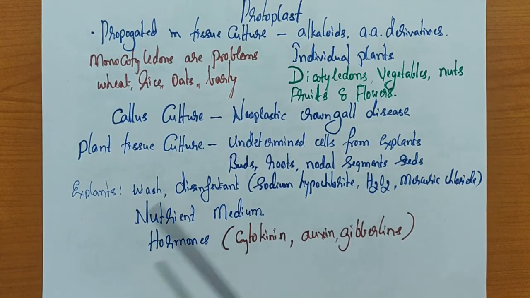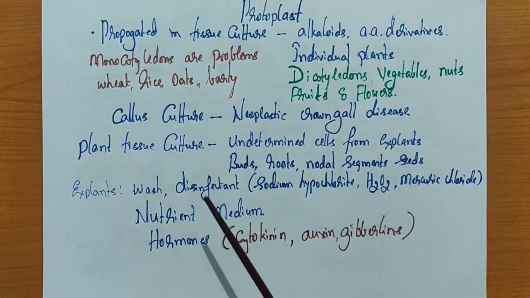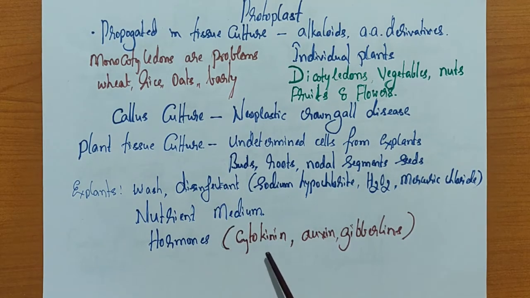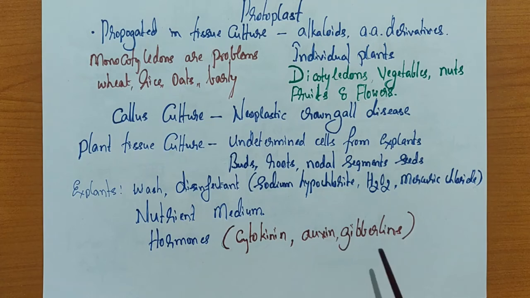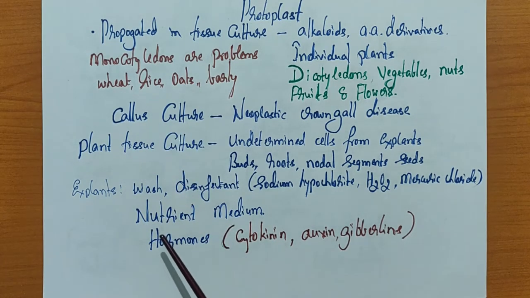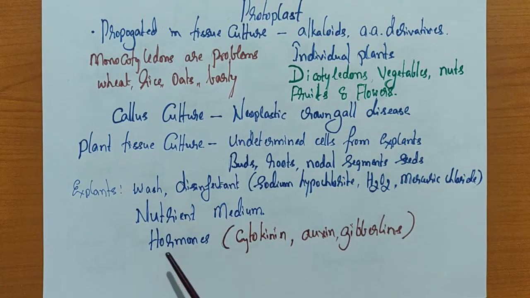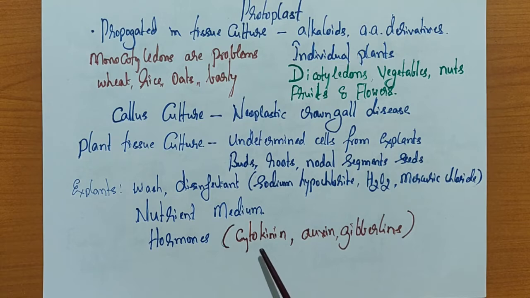It has the basic nitrogen supply, carbon source, minerals and salts, everything. But here we also have to use some plant hormones. The commonly used plant hormones are cytokinin, auxin and gibberellins. For the callus culture, we make sure that the solid nutrient medium contains low amounts of cytokinin,